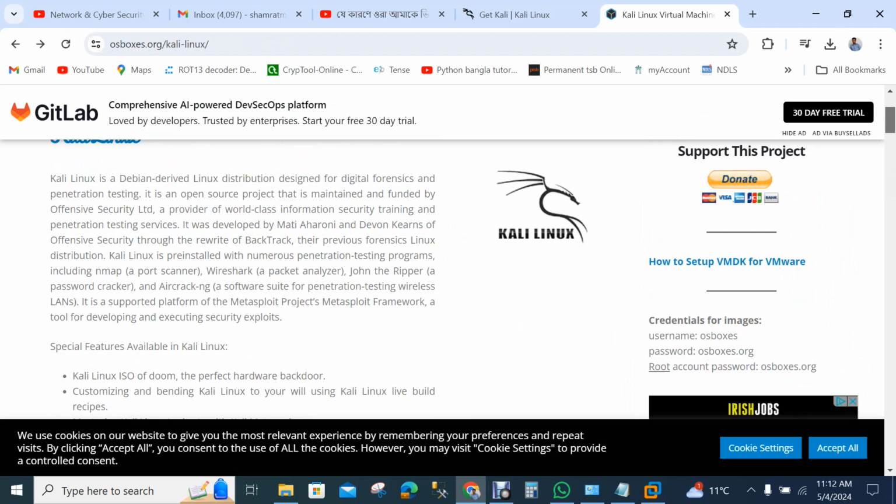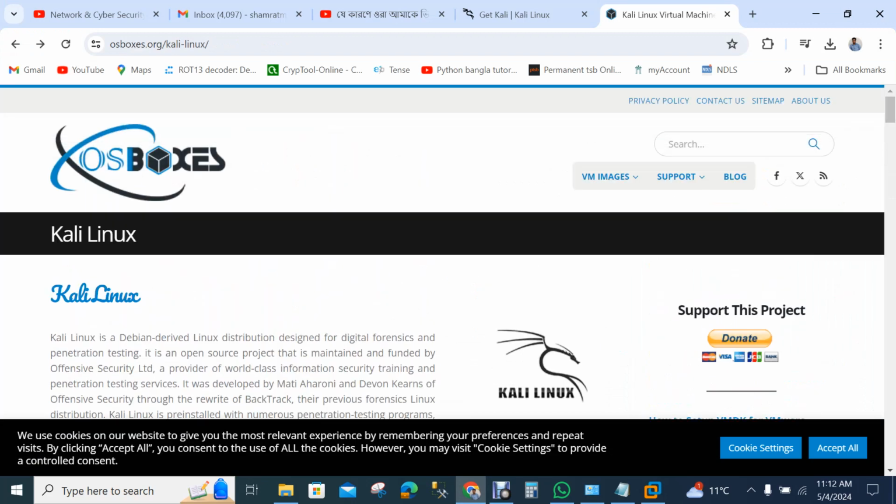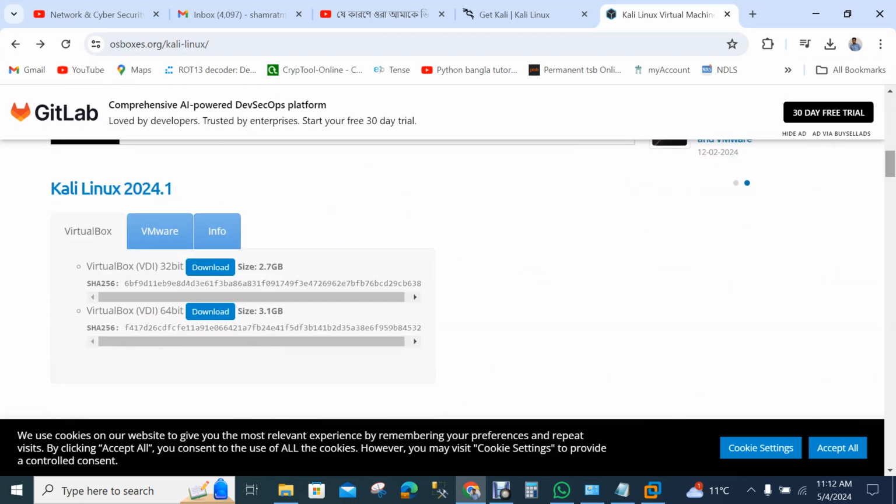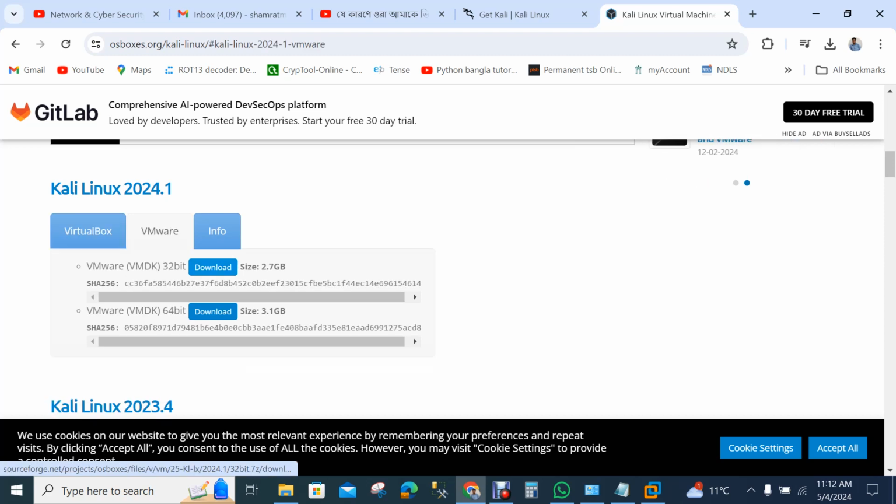I search with Kali Linux VHD. Here in VirtualBox, there is no Kali Linux 2024.1 version, so we have VMware, we don't have VirtualBox, so I'm clicking on VMware.